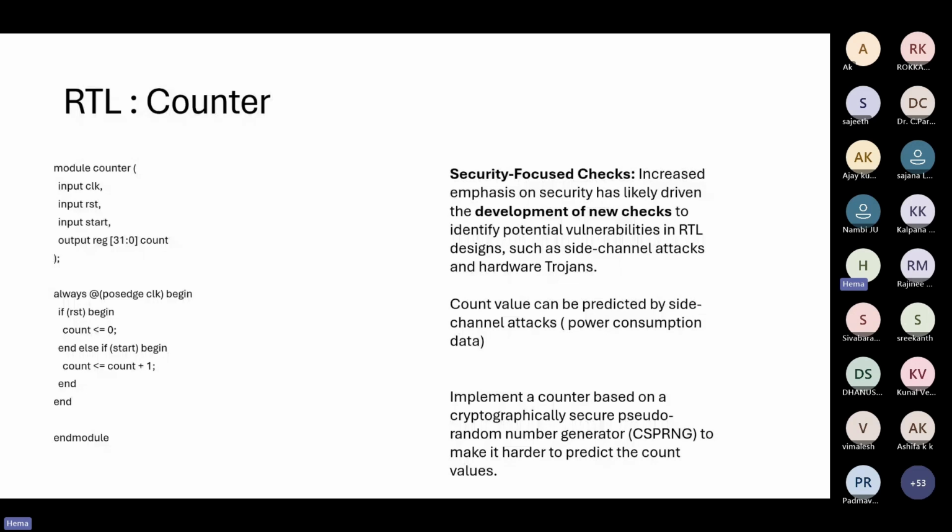For example, the counter value here is predictable. The count can be predicted by side channel attacks. For example, a person who is monitoring the power consumption data can actually hack the RTL. I mean, can get into the code, and then can control. So the side channel attacks can happen based on power consumption data. So now what will happen is if a new lint check comes,